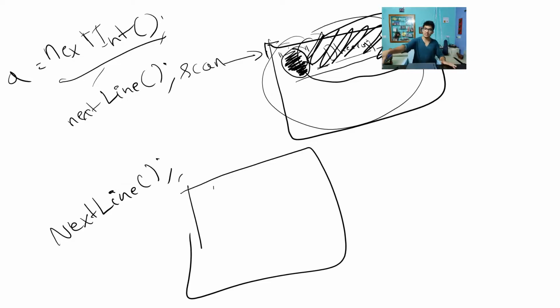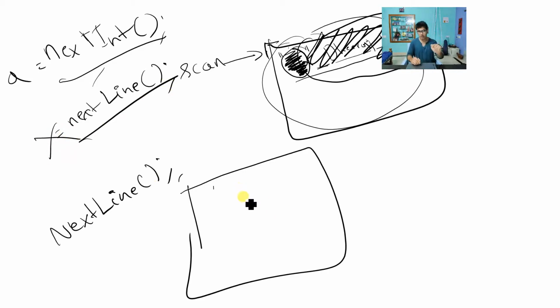Next line will take the content from the buffer. But did I assign it to any variable? No, I will not assign it. Is it clear? I am just taking the unwanted thing and that's it. I am not putting it anywhere. So as you can see, this next line method will take the unwanted thing, that is the empty string. But am I storing this empty string anywhere? I am not storing it. Is it clear?